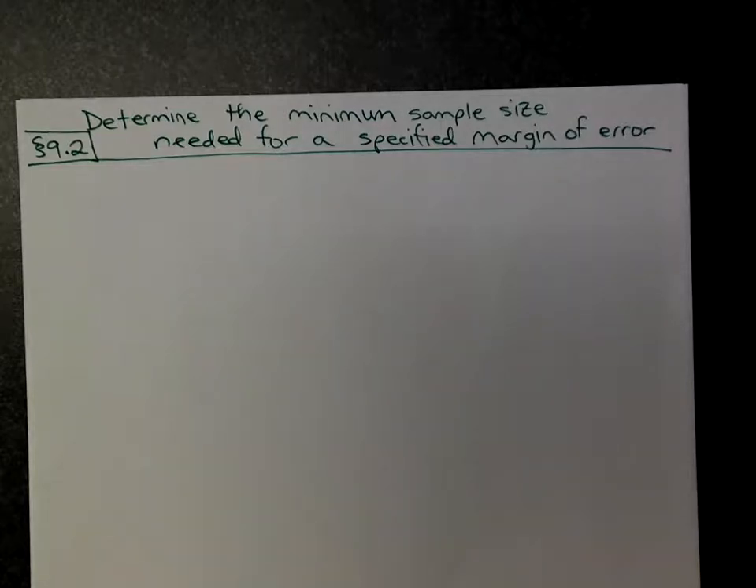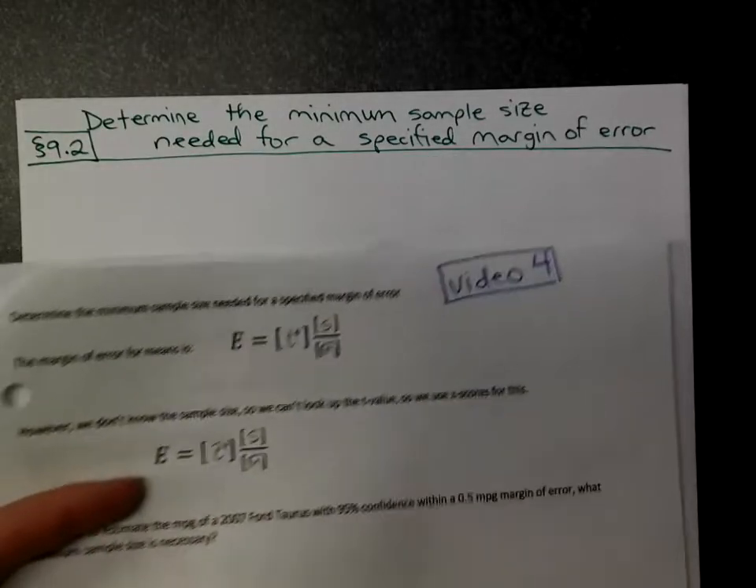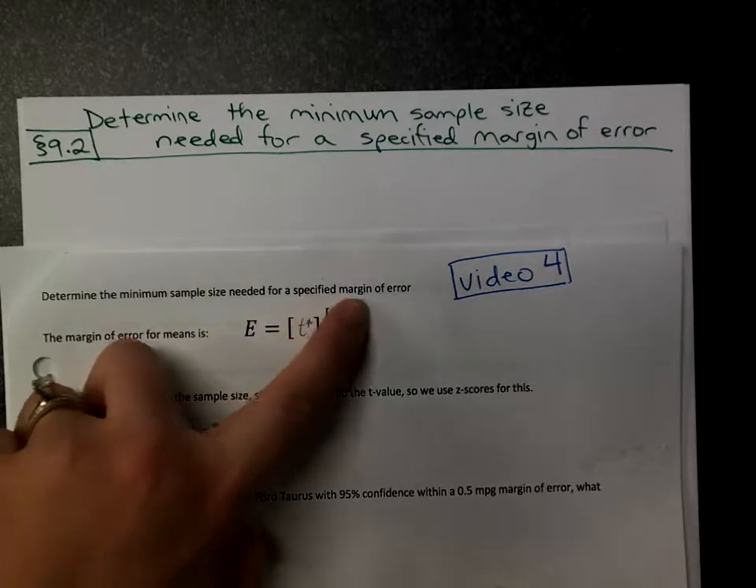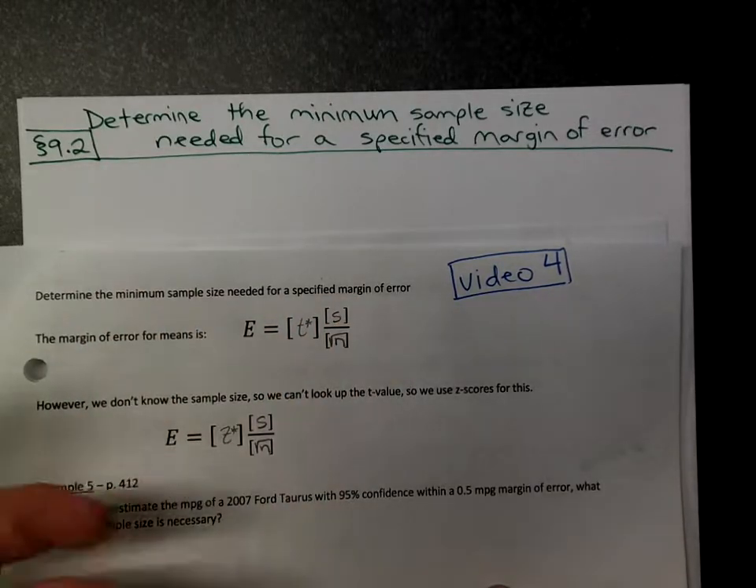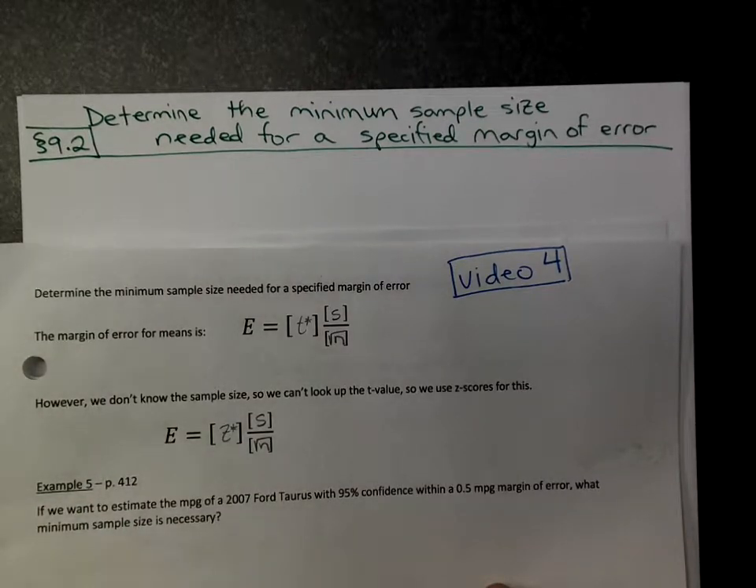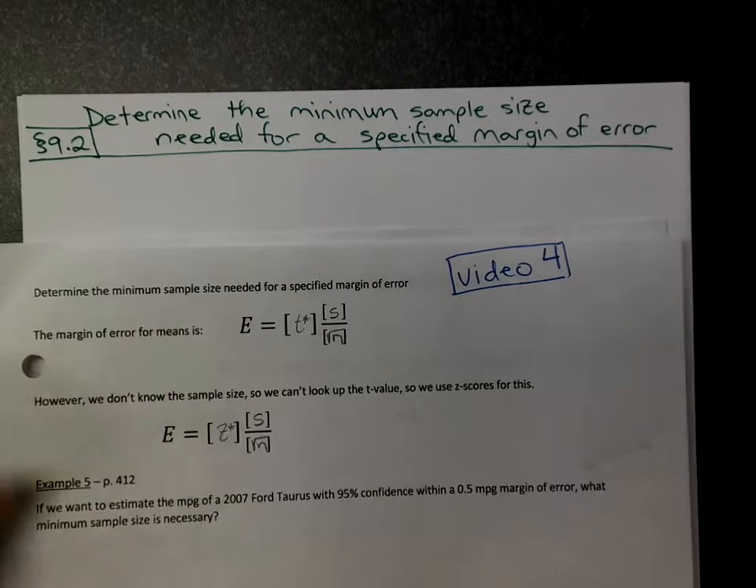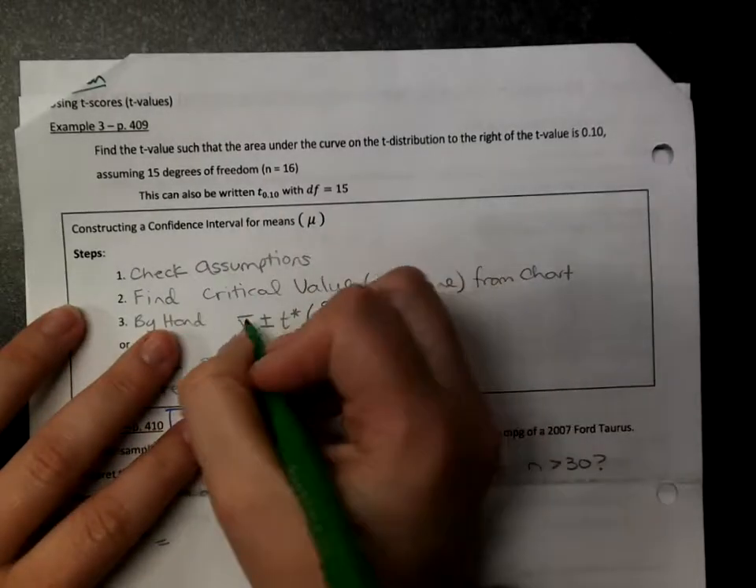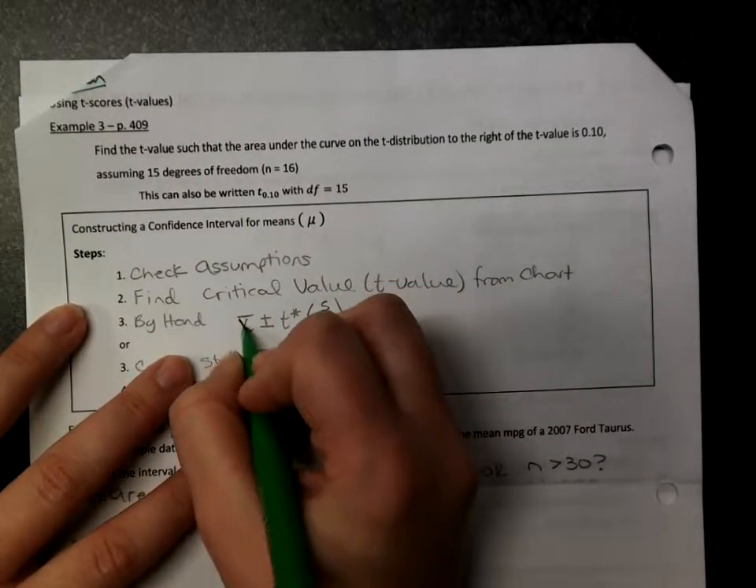Alright, this is still in section 9.2 on the second page of the handout at the top. It talks about determining the minimum sample size needed for a specified margin of error. This is like if the boss gives you restrictions without anything else to go on, how you figure out your sample size. And so this is again related to the confidence interval calculation, where we wrote down in class x